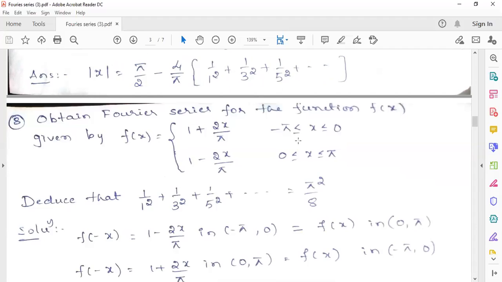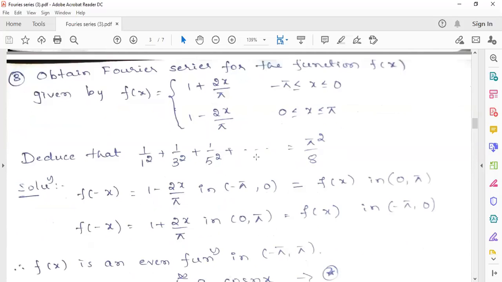We already solved a few problems in the interval 0 to 2 pi as well as minus pi to pi, which had points of discontinuity, and we solved for minus L to L also. So now, for those problems, is it possible to implement these even and odd functions? We just have to check. To check, we know how to find out whether a function is even or odd.